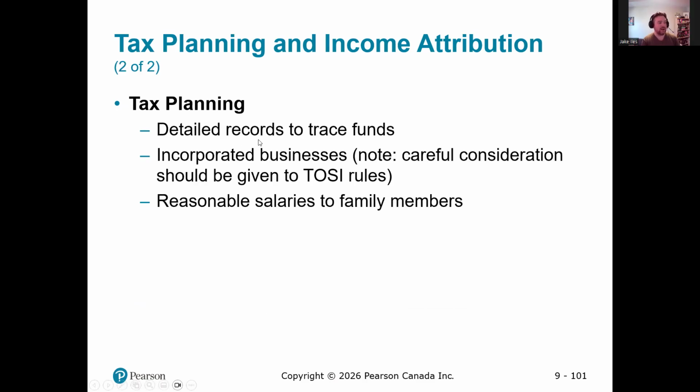Always have detailed records to trace funds because it's very important that the income gets attributed to whoever paid for the return for the property. So if you have a family and it's supported on one income, one parent is working, then conceptually anything the family buys is being purchased by that family. So even if the spouse buys some investments and the children buy some investments, if they have no income source, then it's assumed that the income earning individual